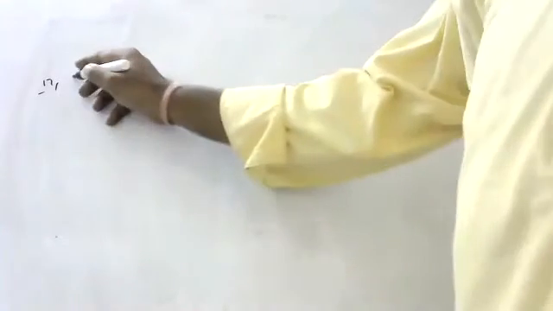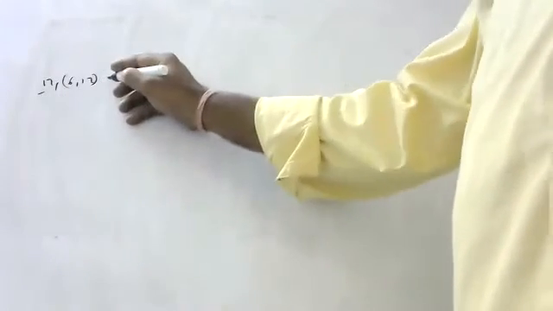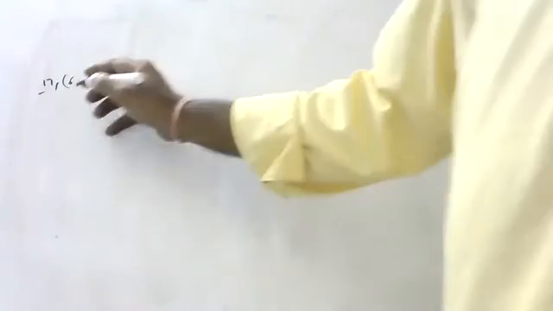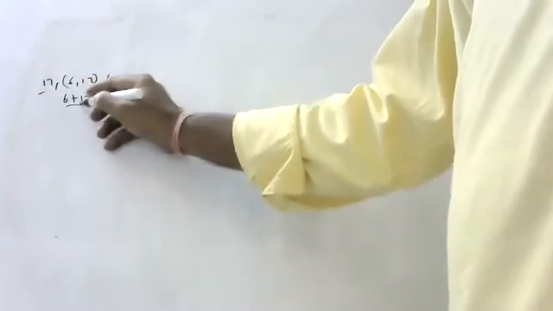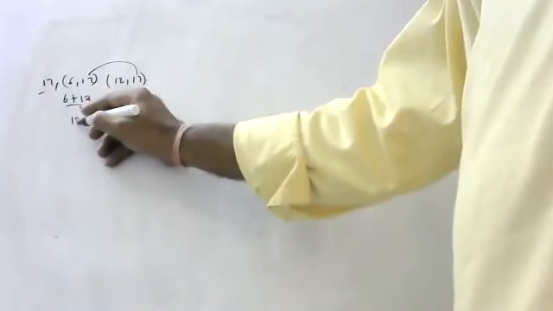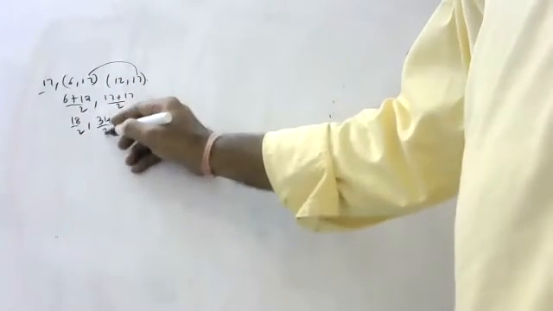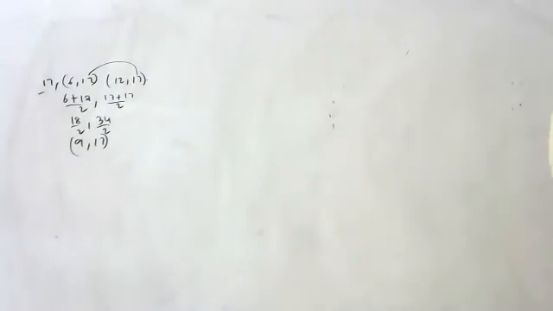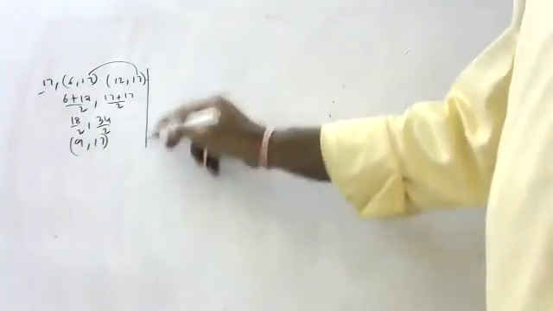Refer to the top view. Find the midpoint of the segment joining 6, 17 and 12, 17. What is the midpoint formula, children? Midpoint is x1 plus x2 by 2, y1 plus y2 by 2. 18 by 2, 34 by 2, so 9, 17. Which answer? The first one, A. Come on, go to the second part.